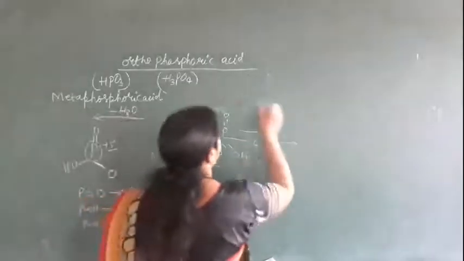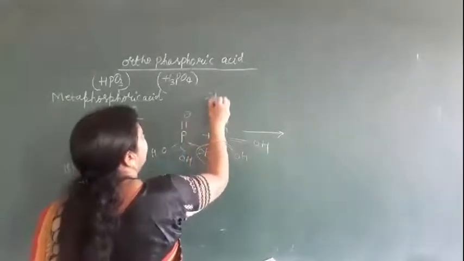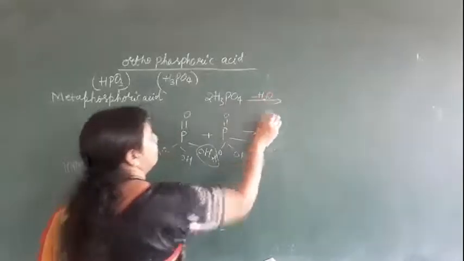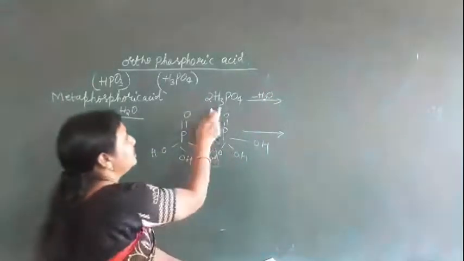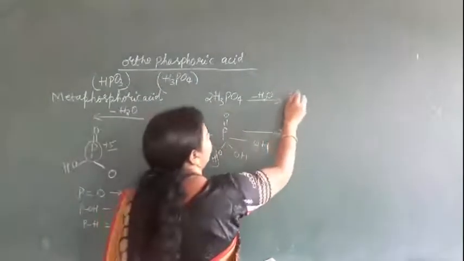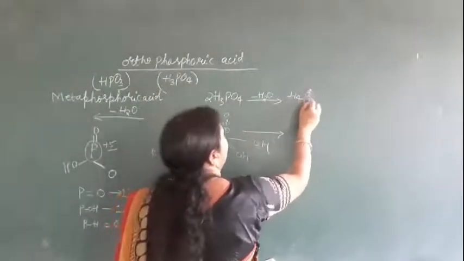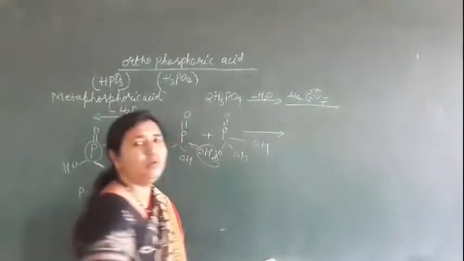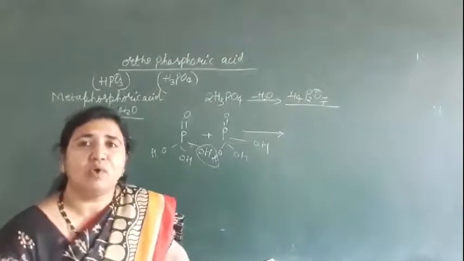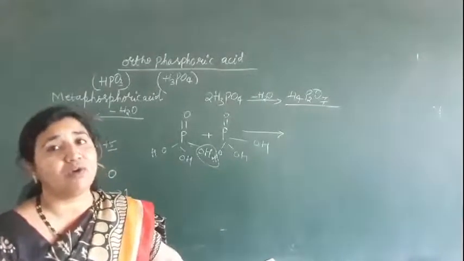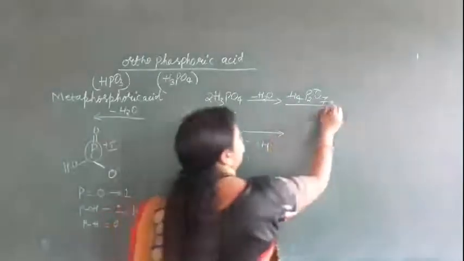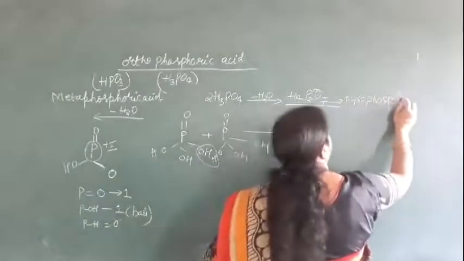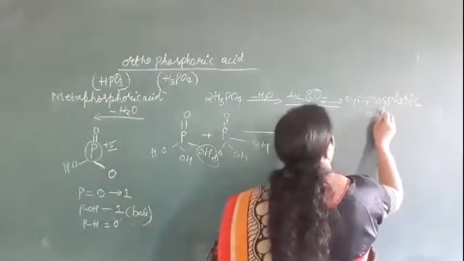So what will we get here? This is how we can write it: 2H3PO4. From this one we are removing a water molecule. Then what will be our formula? 2 3s are 6, 6 minus 2 is 4. Okay, so H4 P2 O. 2 4s are 8, 8 minus 1 is 7. So H4P2O7. It is the formula of pyrophosphoric acid. What is its name? Pyrophosphoric acid.